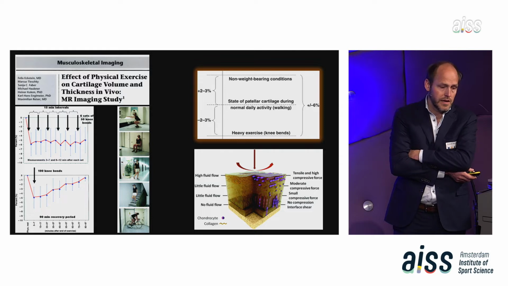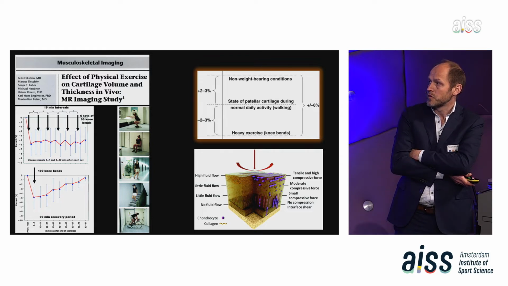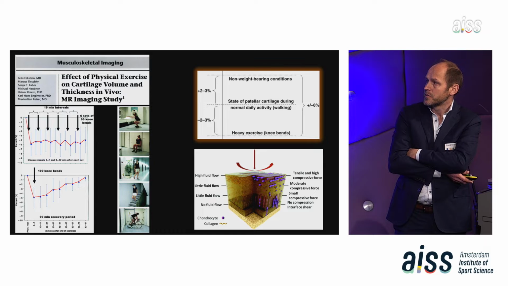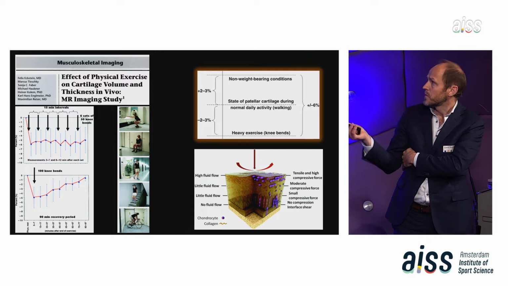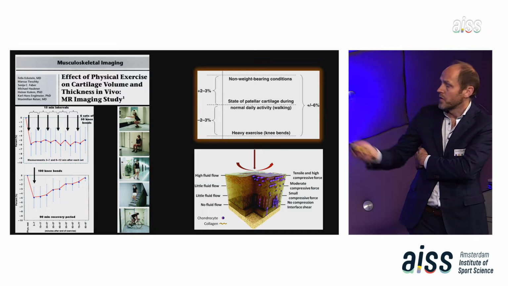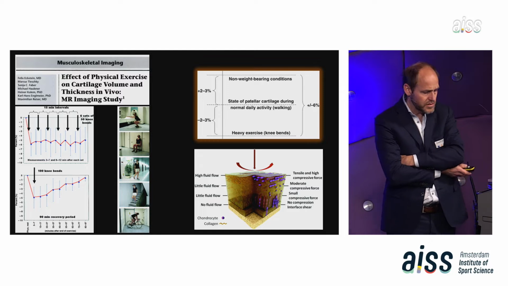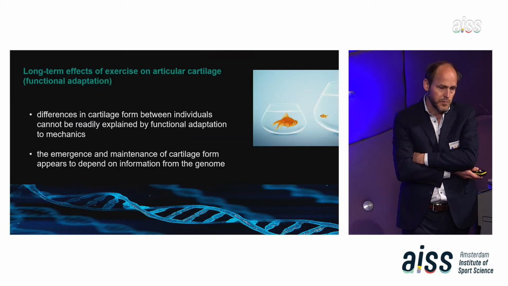Also, they have these kinds of experiments where they make people do knee bends, and to measure in the MRI after 50 or 100 knee bends how much the cartilage deforms, and it's not much. So it's about 2 to 3% of the thickness for normal activities, and maximum of about 6% with heavy exercise. So it's quite stable, and the water is not pushed out easily.